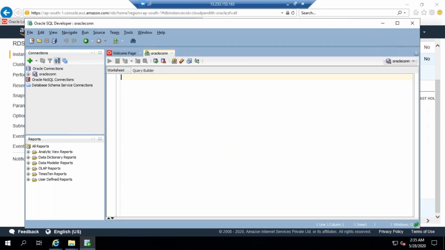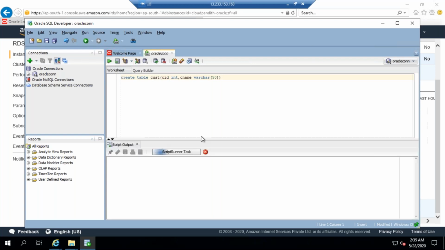Here you can directly create a table. See, create table cust with CID and CNAME, something like this. Now you can click here to execute this particular command.